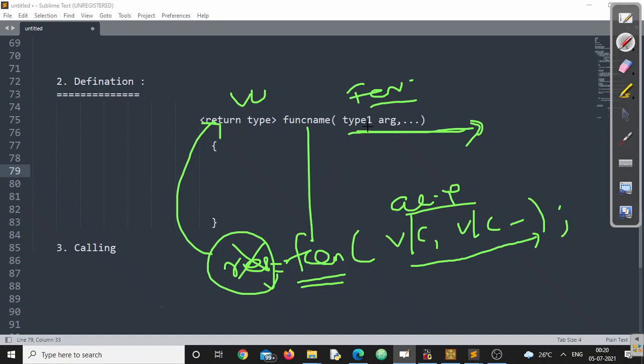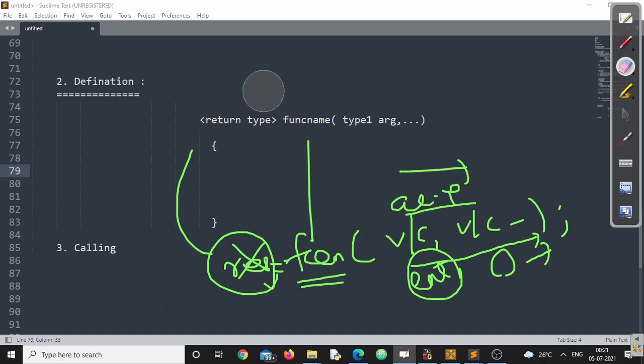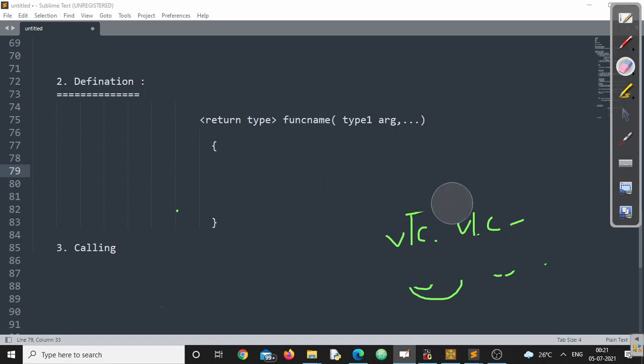What that means is, if the first argument says integer, my first value should be an integer literal or an integer variable. If the second one says float, the same will apply. So it will follow the rules and regulations of this, right? By mistake, if you supply any value which is either greater or less than the data type, trust me, the result will be completely different. Please don't do that. It's highly recommended you follow all those rules and regulations.